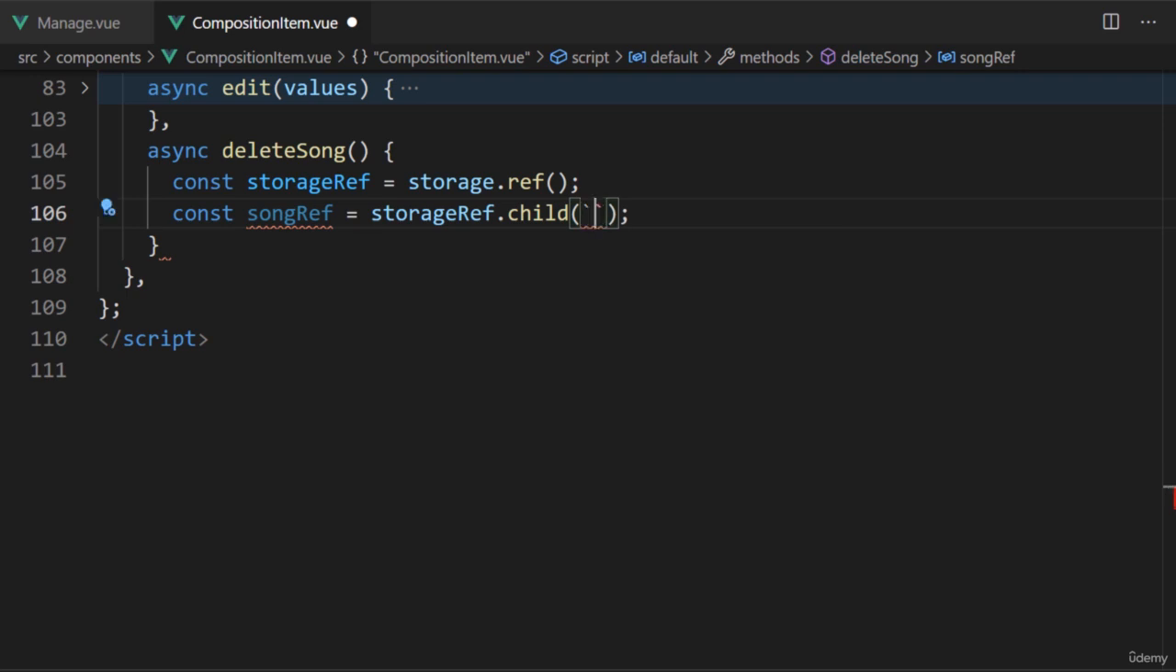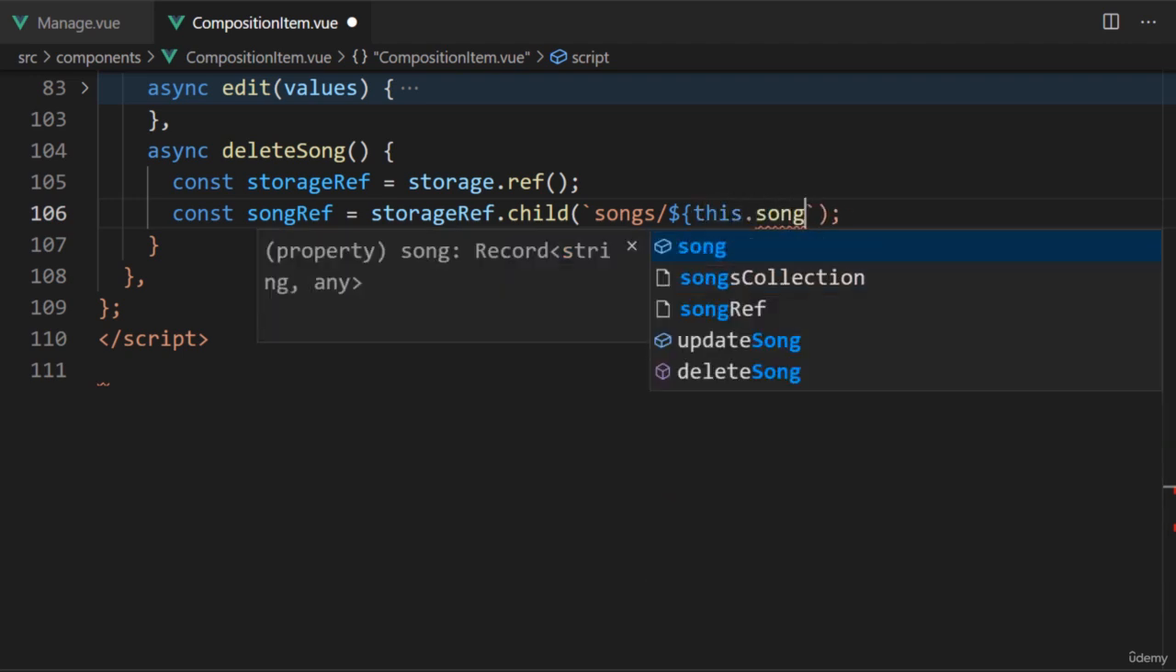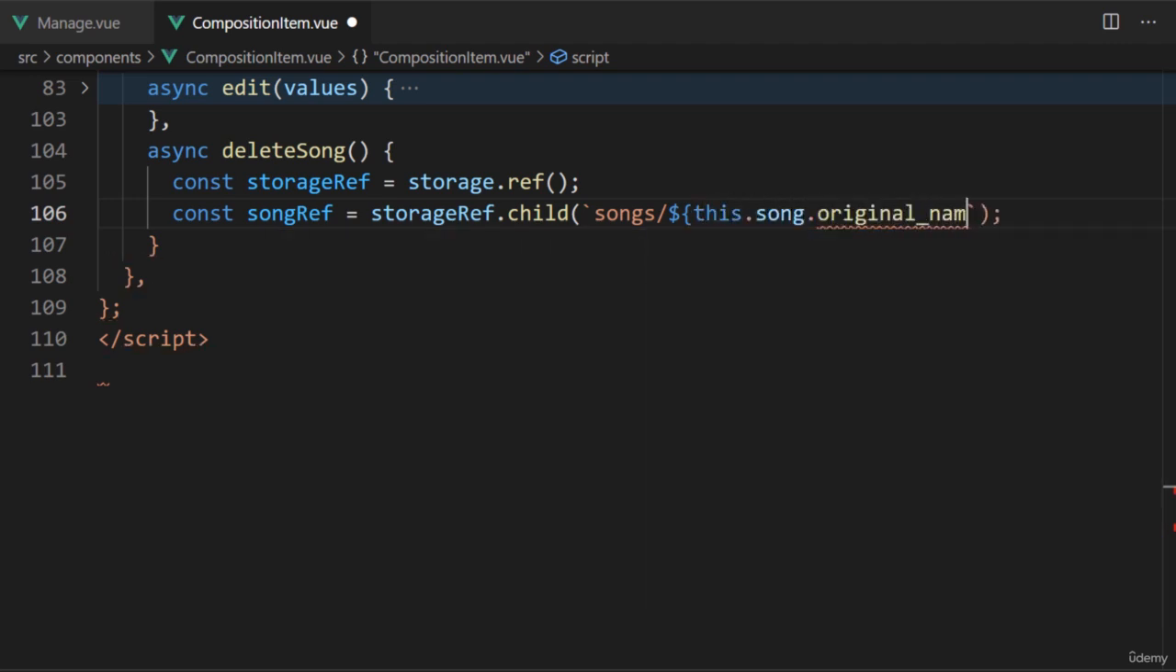This is the same thing we did when creating the song. Pass in the following: songs / this.song.original name. We stored the file with its original name. It's important that we're using the original name property. We don't want to use the modified name property because the user can freely change it. If we were to use the modified name property, we may receive an error, or even worse, an incorrect file